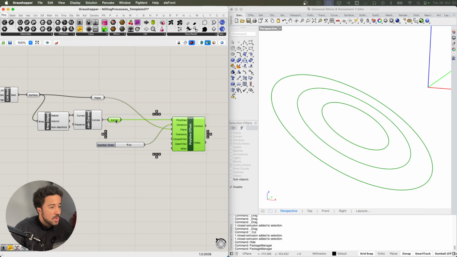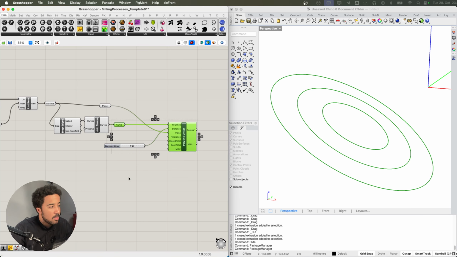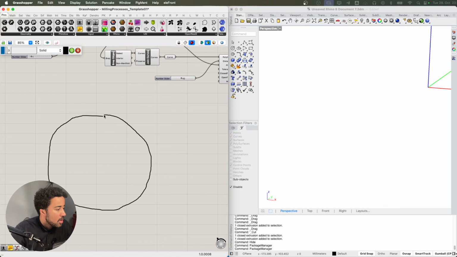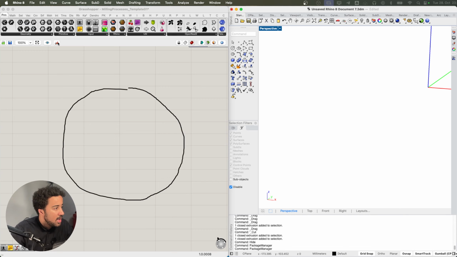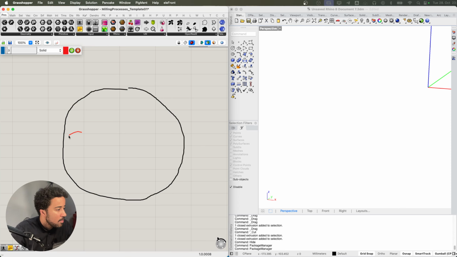Now, of course, we don't just want to have one offset. We want to have multiple offsets that define our pocket. And I will just create a quick drawing to show you how we want to define these offsets. So imagine we have our pocket geometry, just the curve that defines our pocket. And the first offset that we need is actually half of the diameter of our cutting tool.